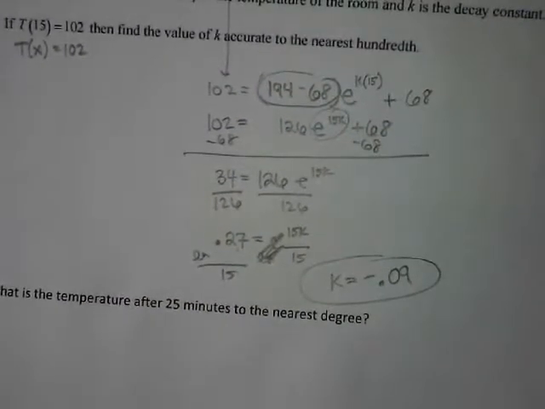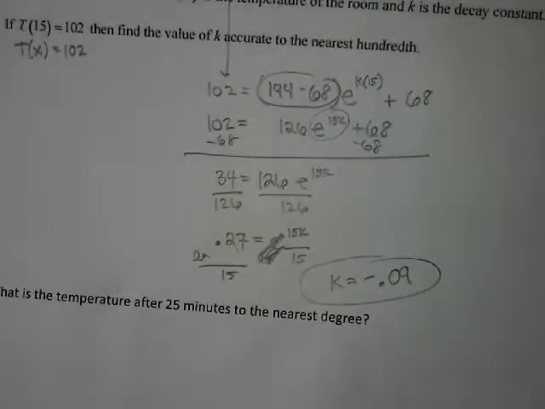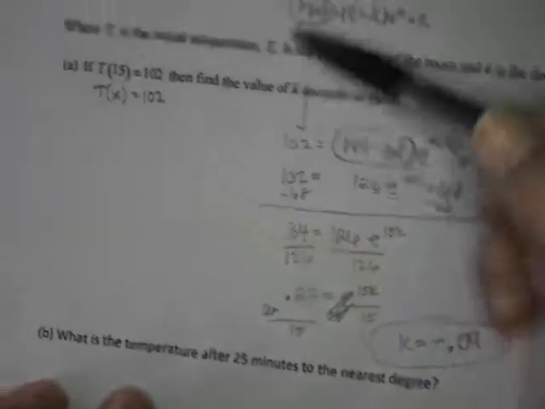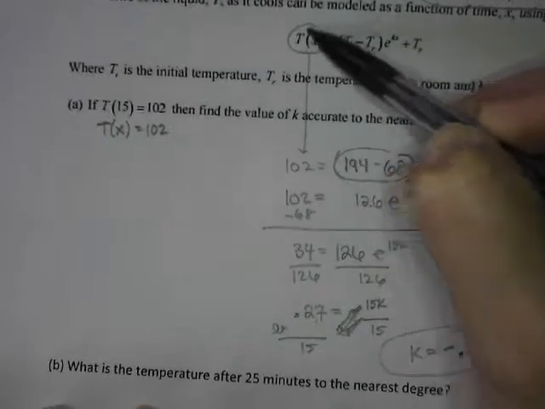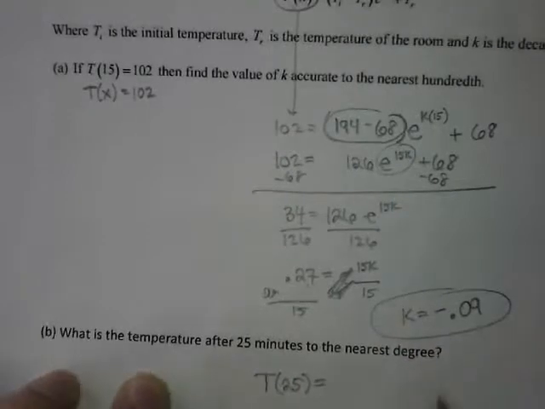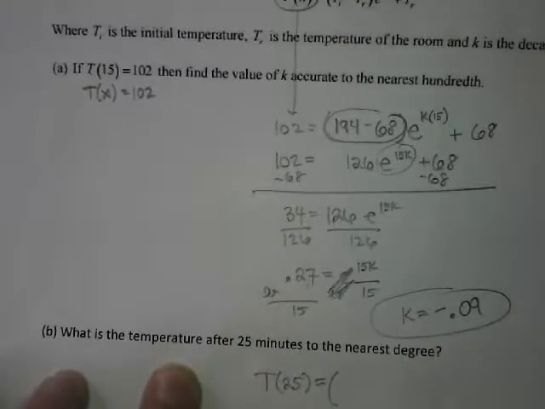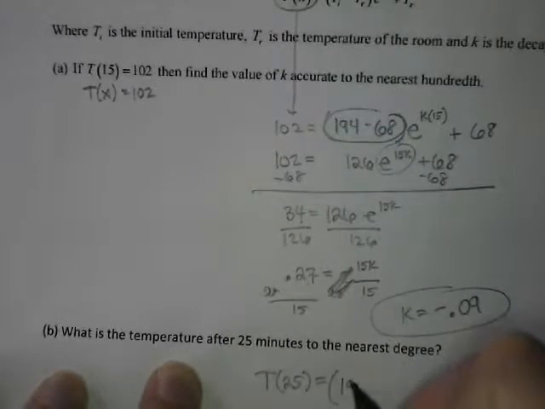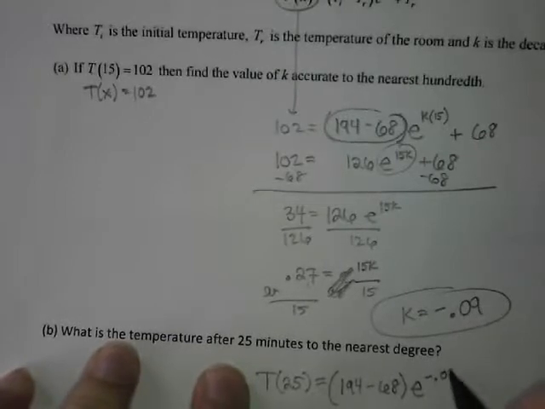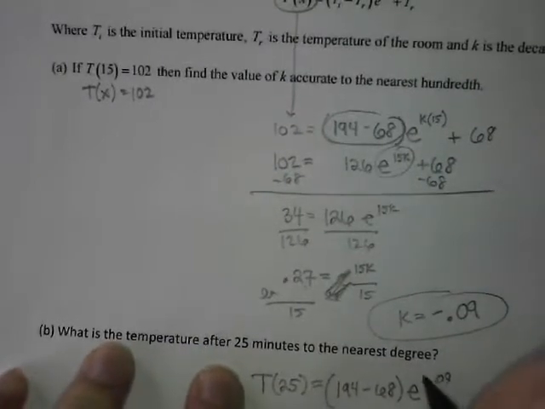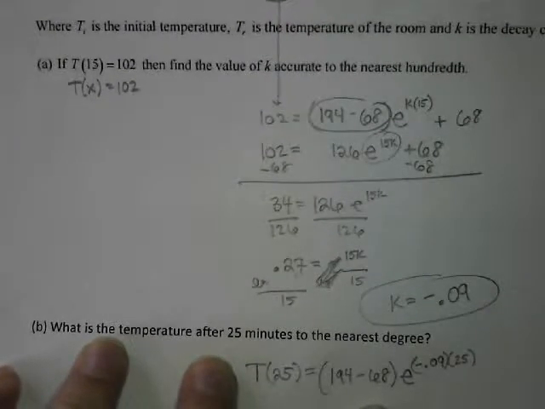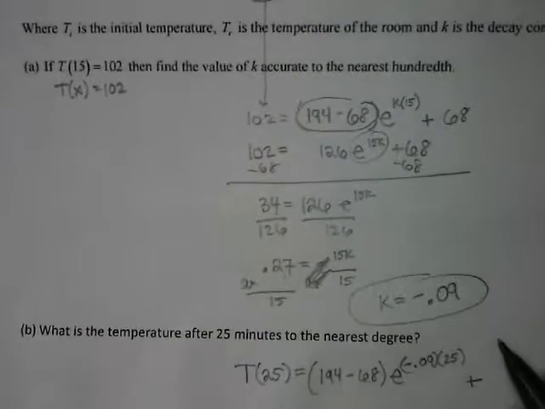So now we're going to use that k. So you always then use that k to answer the question. What is the temperature? So if I go back up to our problem, we're looking for capital T of x after 25 minutes. So T of 25 equals. Again, your initial temperature was 194 minus room temperature of 68. E to the, it's now negative 0.09 that we're using for our k, times the x of 25 minutes that we're looking for,